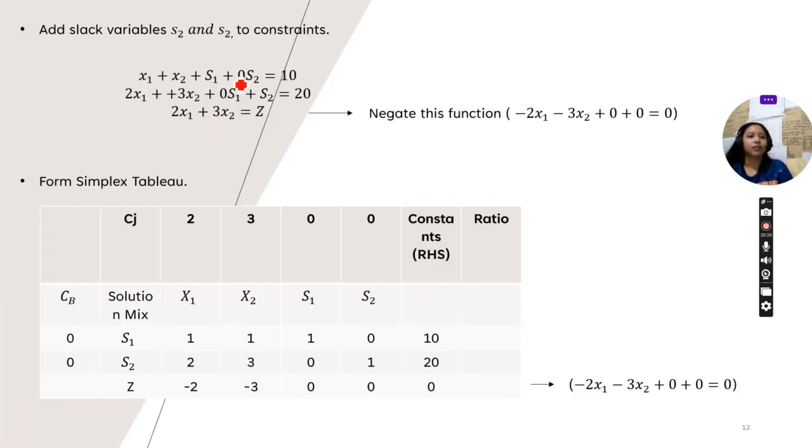Next. The first step is to add slack variables S1 and S2 to the constraints. So this is the first constraint and the second constraint. So x1 plus x2 plus s1 plus 0s2 is equal to 10. Then 2x1 plus